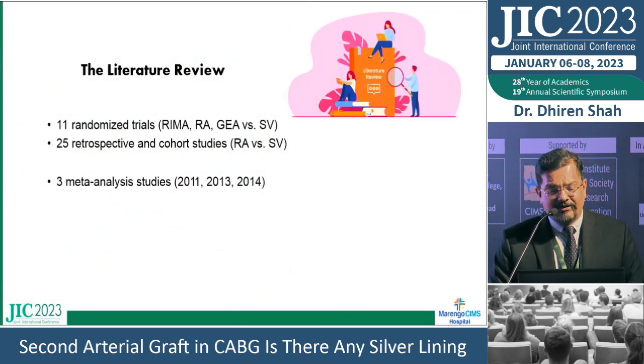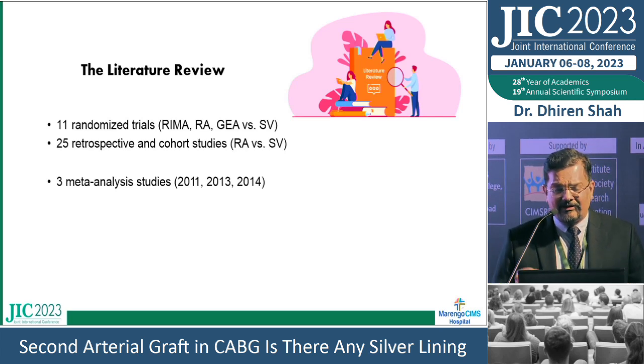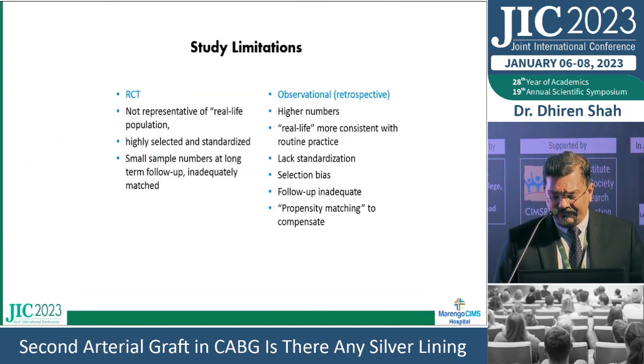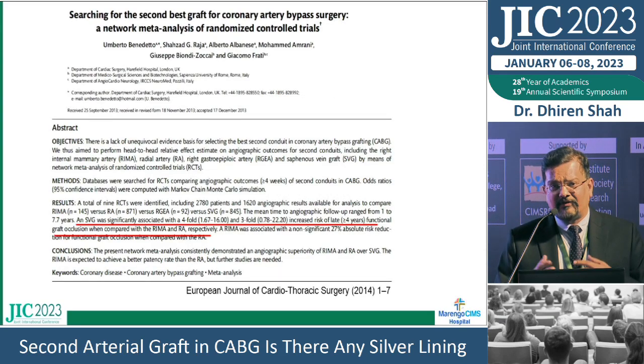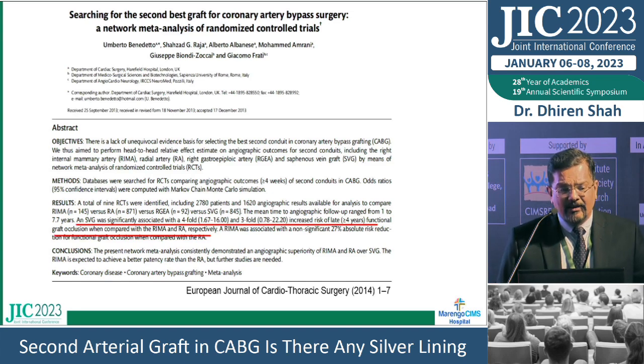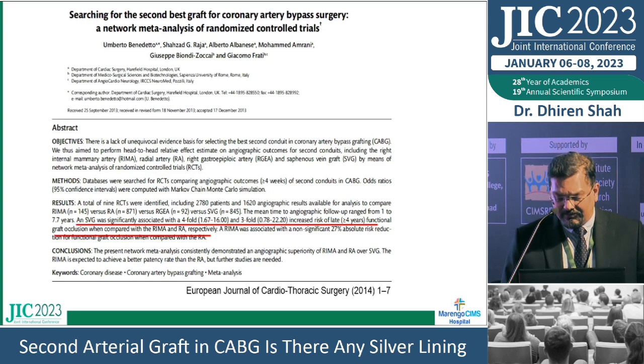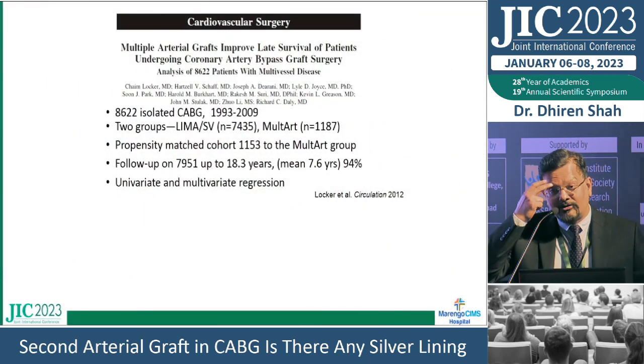So what does the literature review say? There are n number of literatures available, but what we have gone through is 11 randomized trials, 25 retrospective and cohort studies, and 3 meta-analysis studies that we have analyzed. Obviously, there are limitations of RCTs and observational studies. And this is a very landmark paper published in 2014, which suggests that an SVG was significantly associated with a 3-fold or 4-fold increased risk of late functional graft occlusion when compared with RIMA and radial artery. Similarly, this also